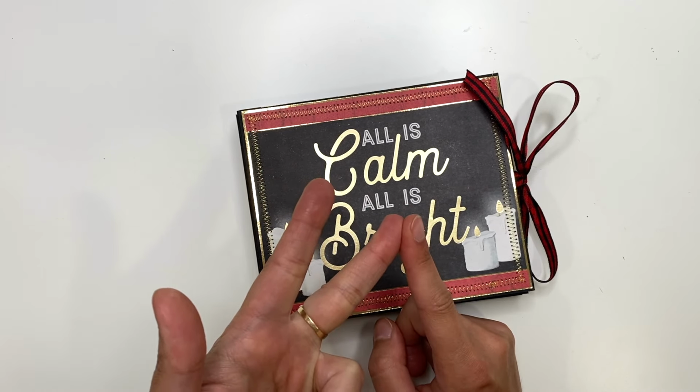So anyway, that's what I used for this album. This guy measures 5 1/8 by 6 1/8. We've got 2 spines, a 1-inch spine on this side, 3/4 on this side. And this is what it looks like. By the way, this is available in my Etsy shop in case you guys are interested. Then I just have to add my handmade logo stamp to the back of this. But anyway, you open this guy up, and I used 110-pound cardstock for the base of the album,